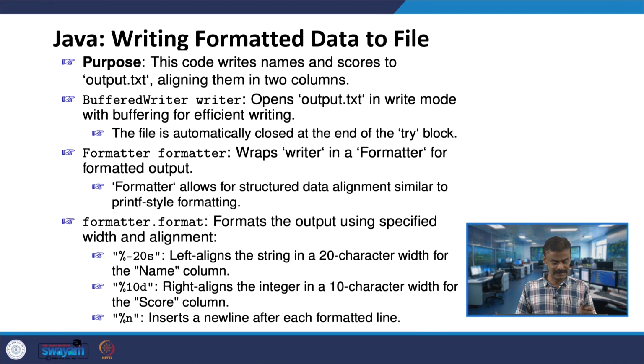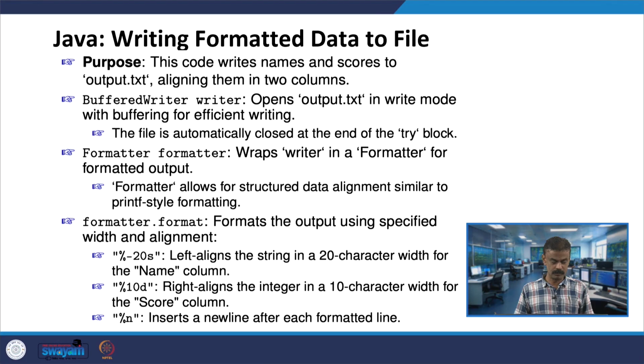And then we use BufferedWriter, which is the class. Under this we have used the object. That means it will deal with output.txt. If it is able to open this, not a problem, the rest of the code will run. Otherwise it will throw the exception, and go to the catch block.